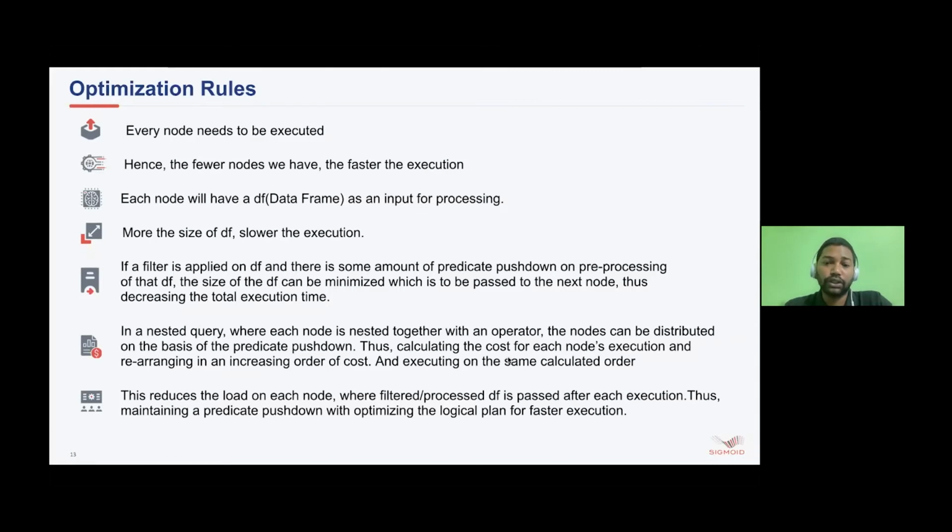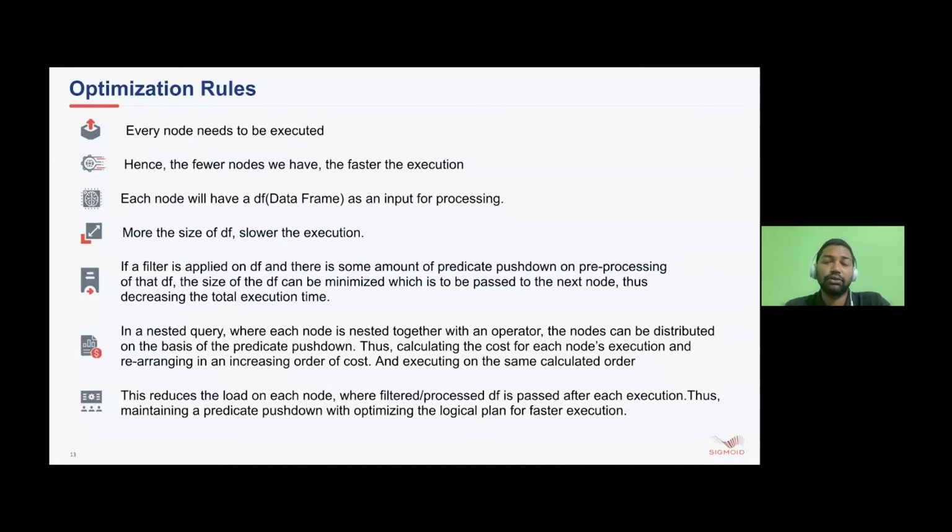So how do we calculate the cost for each node and how do we rearrange them in some order? If we have calculated the cost for each node, we rearrange them in increasing order of cost, like in ascending order. So we'll have all the less costly ones on the left side and the higher cost on the right side. And if we process in the same order, we will have an